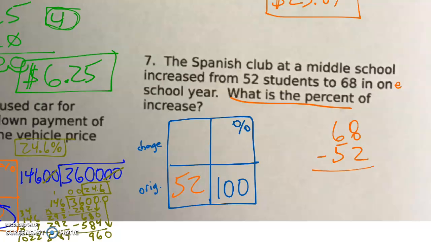So you just have to subtract. 8 minus 2 is 6. 6 minus 5 is 1. So it changed by a total of 16 students. Cross multiply and divide. 16 times 1 is 16. 2 zeros, 1,600. So we would do 1,600 divided by the number that's on the outside, divided by 52, which I could do on there for you, but I'm going to use a calculator because the videos are short on time. 1,600 divided by 52 is